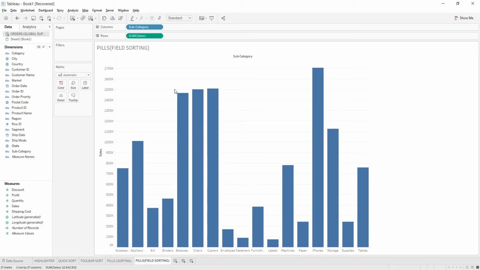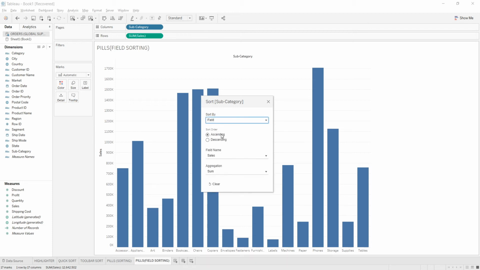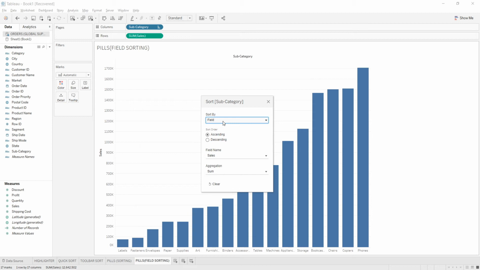Now I want to sort this data on the basis of a field. For that, I have to right click on this pill and again go to the sort option, and then instead of data source and alphabetical order, I am selecting field, which means now I want to sort this data on the basis of any field present in the data set.